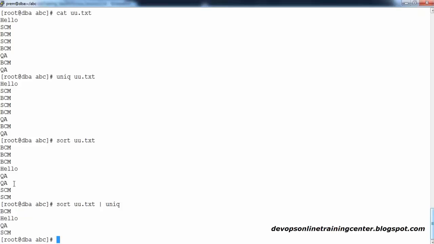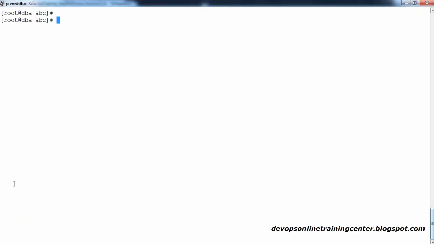Individually, commands have a use, but you don't find proper utilization of them. But when you combine the commands with an operator like the pipe operator, they give you nice solutions. This is one more use case. Somebody may ask you a question: cat table. See how many lines are there? Maybe 4 lines. If somebody asks, could you please print only the third line of this file? Listen to my question properly. Print only the third line of the file.